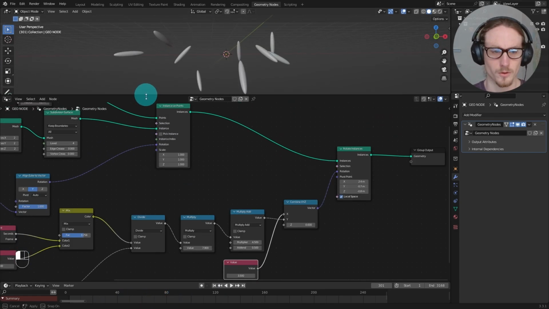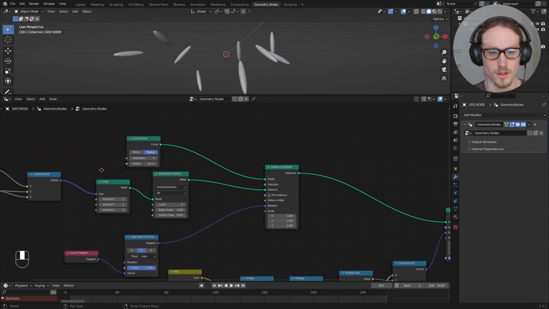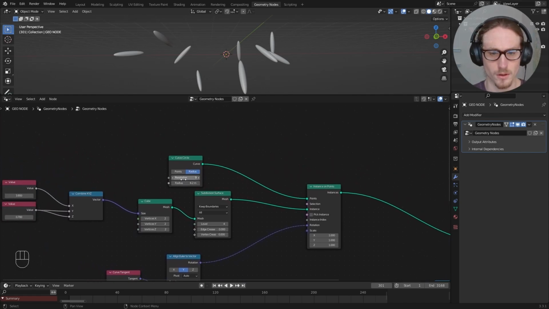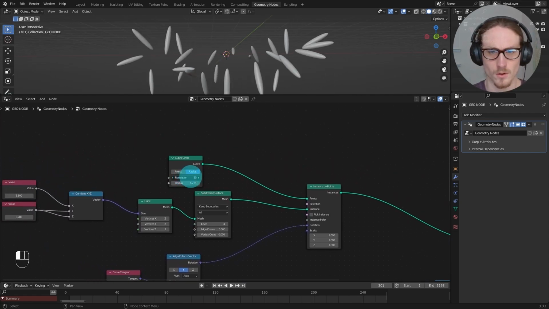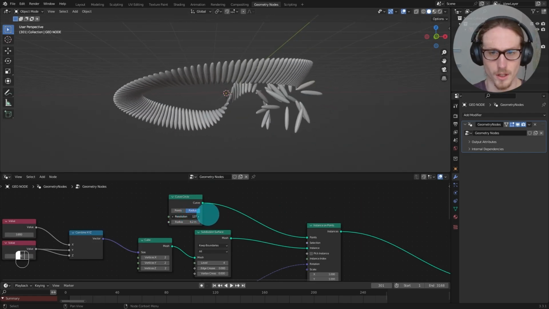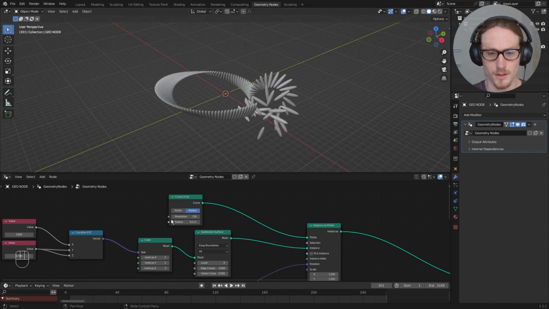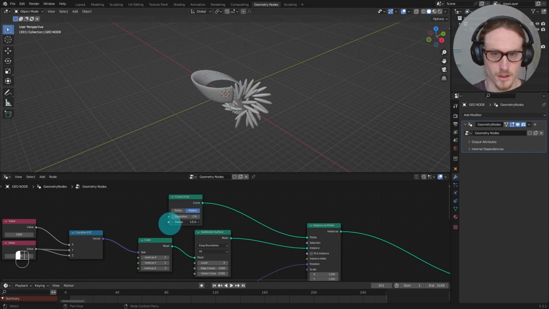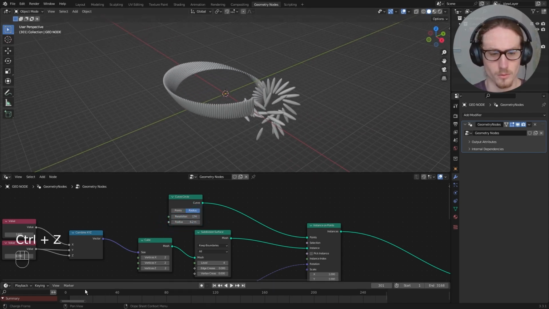And remember, we can always go back to our curve and increase the vertice count on our curve with the resolution, so way more objects appear. So with my resolution at something like 100, you can see how cool that looks now. And you can always change your radius of your overall sphere if you like. Now when we press play,